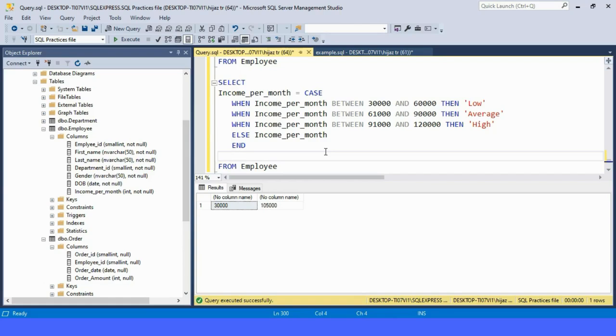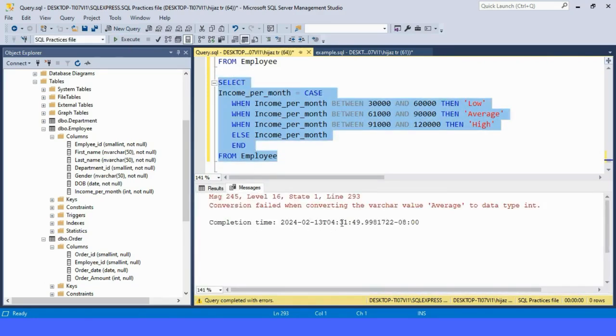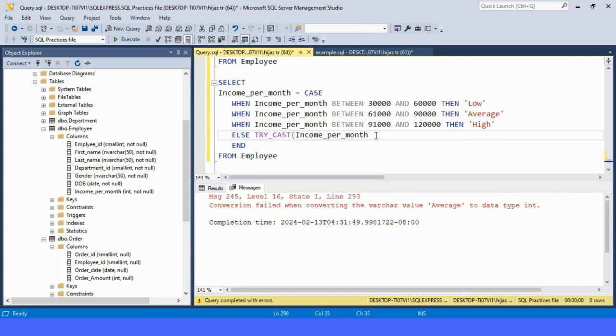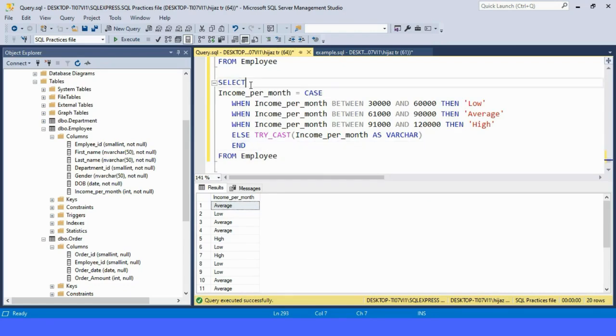Now when we execute our query, we get an error. The reason behind this error is that our income per month is a numerical column and we wanted to give it the names average, low and high, which are alphabet or string values. So here comes the value of try cast, which is used for changing the data type of one column into another data type. I wanted to change my income per month data type into varchar. So now when we execute our query, we get the average, low